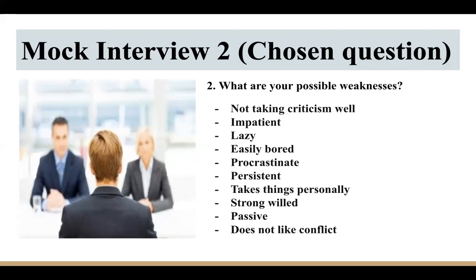Alright, for example here: impatient, lazy, easily bored, procrastinate. This one is very important, procrastinate, right? But I think that you don't have to say procrastinate, because for some parts of business they don't want you to be a procrastinating person นะครับ ตัวนี้เนี่ยอาจจะต้องดูดีๆ นะครับว่าตัวไหนใช้ได้หรือใช้ไม่ได้นั่นเองนะ persistent, take things personally, strong will ตัวนี้เนี่ยแปลว่าแบบ too much นะครับ too much หรือว่าแบบคาดหวังสูงจนเกินไปก็ไม่ดีเหมือนกันนะครับ passive ก็คือทำตามทุกอย่างนะ